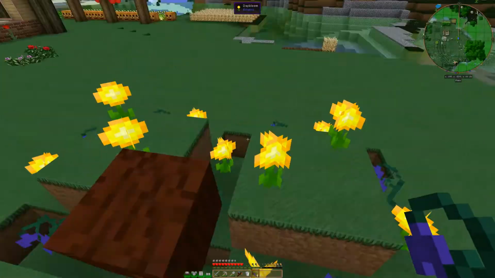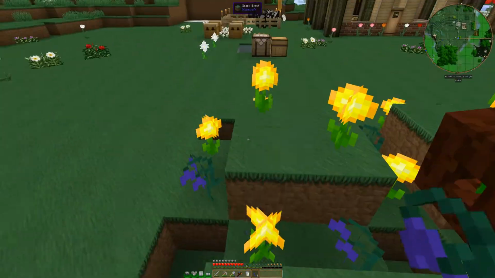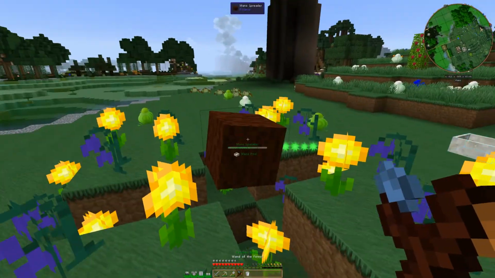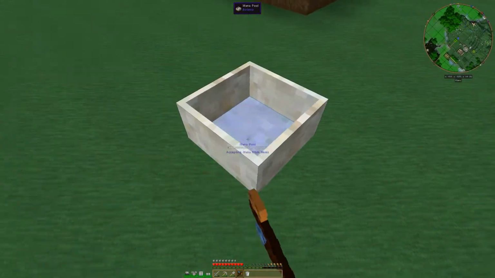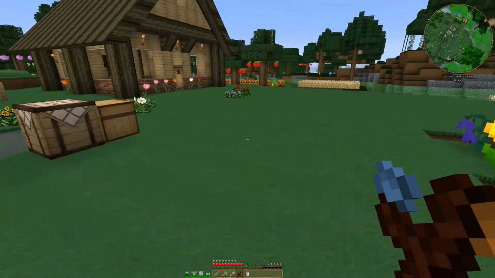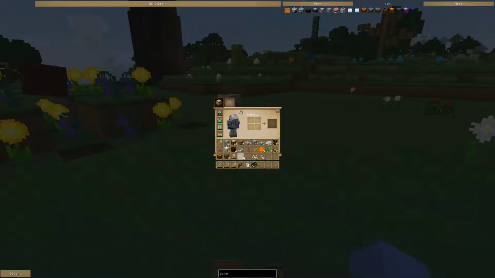Let's see. Okay. Alright, so now we should be getting even more mana. And this should be filling up. It doesn't look like it's doing much, but this thing holds a lot of mana, so it's actually doing something. But we need hydrangeas now to complete our setup,